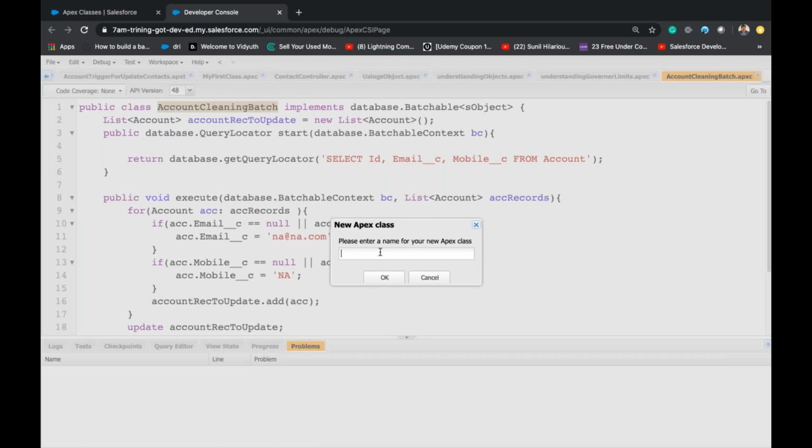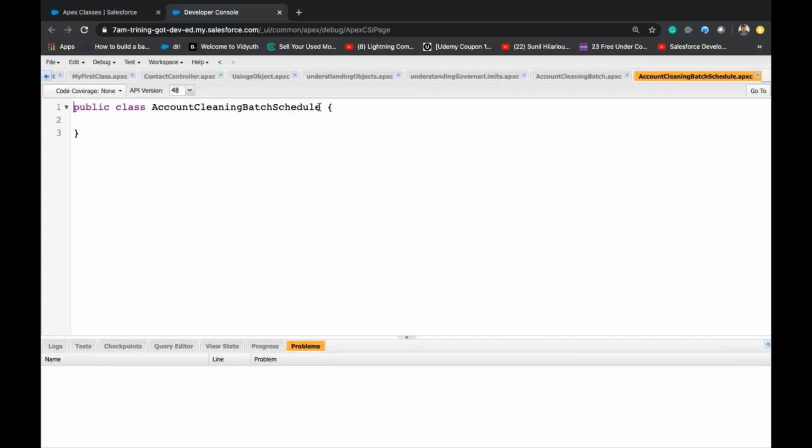Whatever class we are going to schedule, we will create the schedule class with the same name plus Schedule. Okay. So this should implement database dot schedulable.